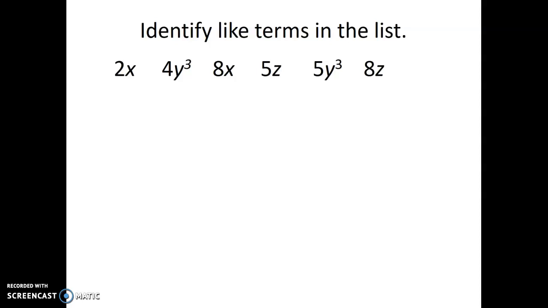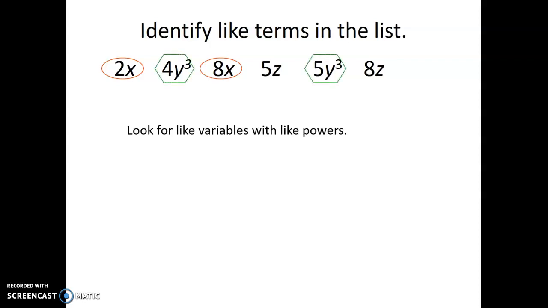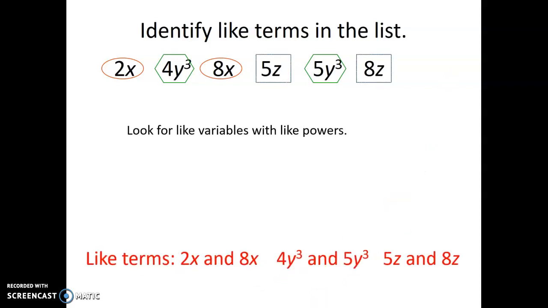Okay, let's review. What are the like terms? Pause the video, see if you can figure out the like terms. All right, let's see how you did. Remember, we're looking for variables with like powers. So 2x and 8x, 4y to the third and 5y to the third, 5z and 8z. So our like terms are 2x and 8x, 4y to the third and 5y to the third, and 5z and